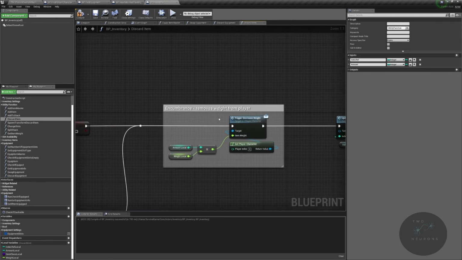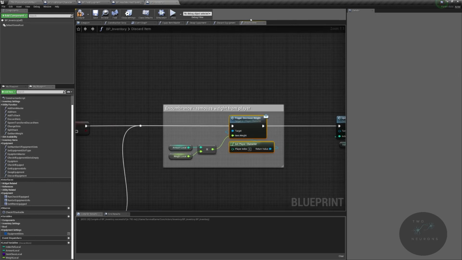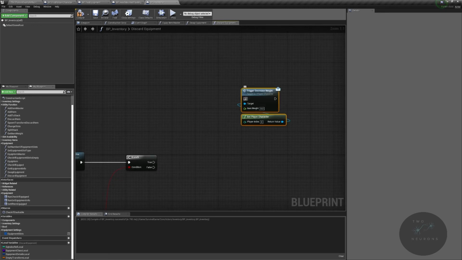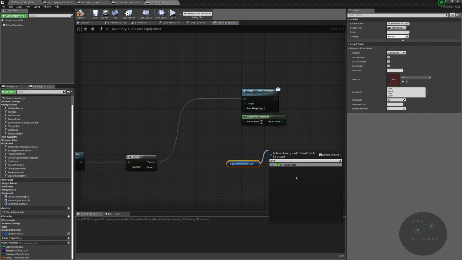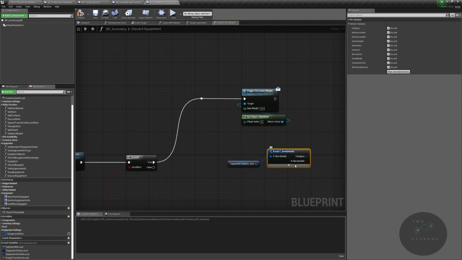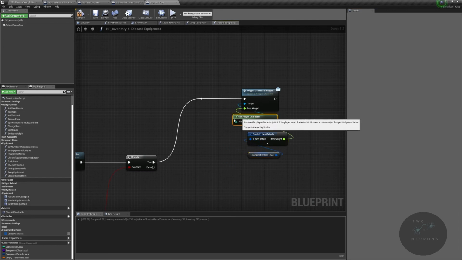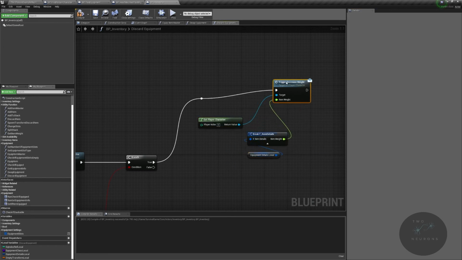In fact, actually, I'm going to be really lazy now that I've opened this up, and I'm going to copy those two nodes. And so we're now just replicating what we've done for our discard item system in our unequip or discard equipment system. And we're going to take our equipment details local. We are going to break it. And this time I'm not going to be as paranoid about things. I am just going to take my item weight and plug it directly into there. Hide my unconnected pins, and I'm going to move the player character thing to the side for a moment